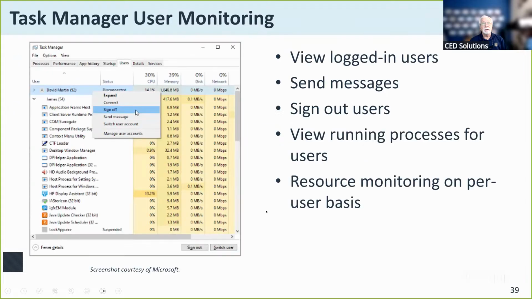This is your task manager, and when I go to look at the individual performance, notice the users tab up here is selected, and down underneath individual users, it shows all of the processes that are being run by those users, as well as the utilization here.